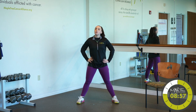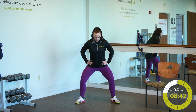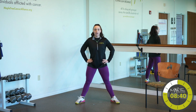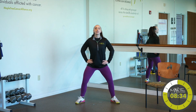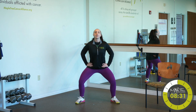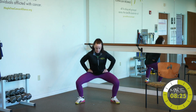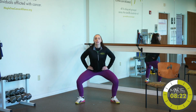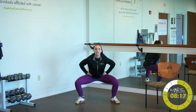All right. And I want you to just bend down as far as you can that's comfortable and in a pain-free range of motion. All right, we got 2 sets of 20. So we're going to turn those feet out just a little bit. Knees over toes, chest upright, and 1, 2, 3, 4, 5, 6, 7, 8, 9, 10,